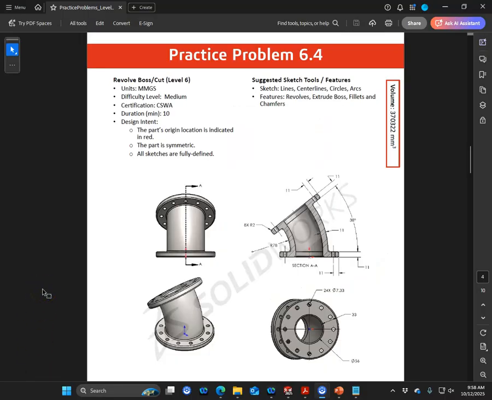Problem 6.4 is another optional. The units are millimeters, grams, and seconds, medium difficulty. Part origin at the bottom center. The features are lines, circles, center lines, arcs, revolves, extruded boss, fillets, and chamfers. All right, so